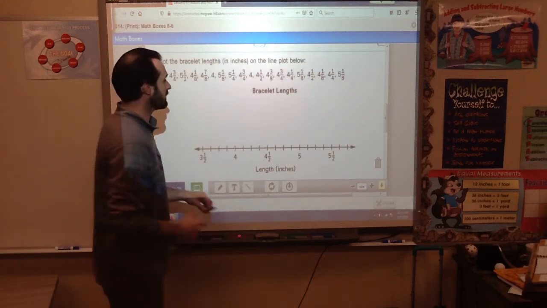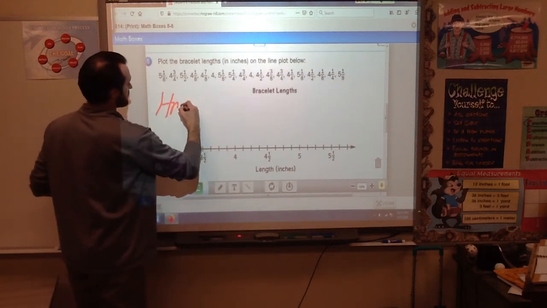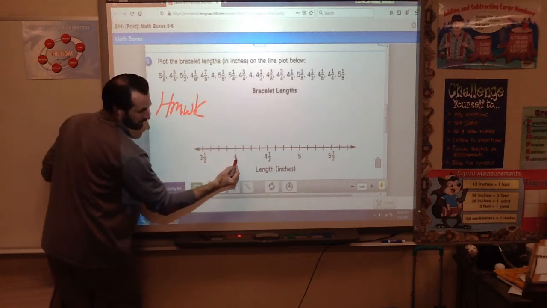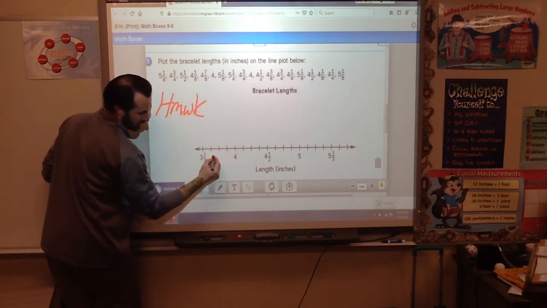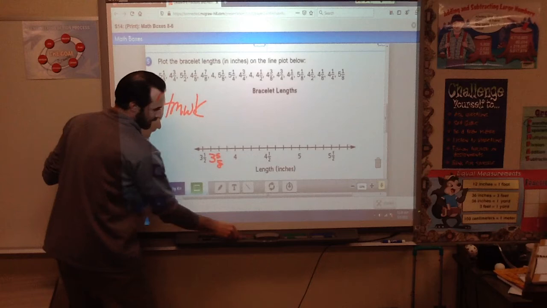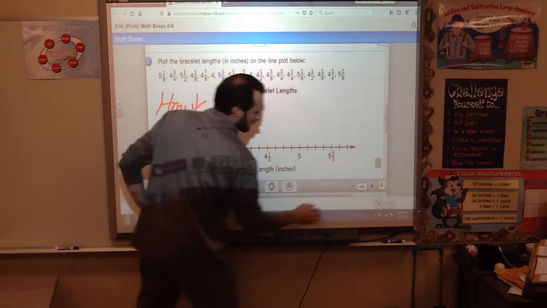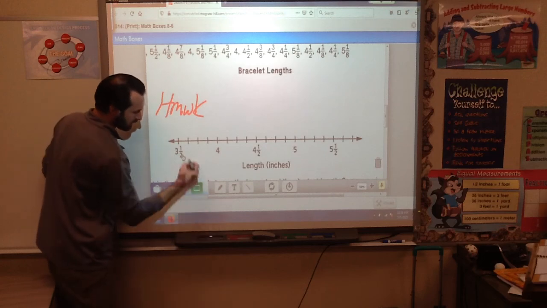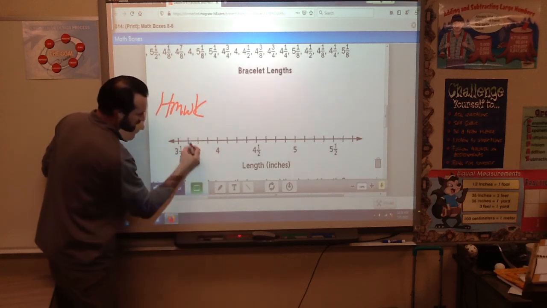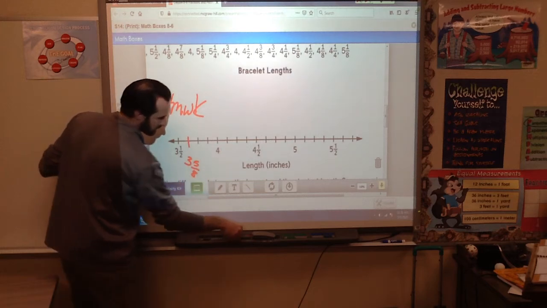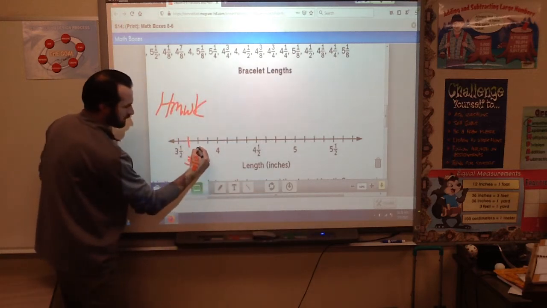This is also going to be your assignment, is making a line plot, because this is what we worked on the other day. Remember that we have eighths here. So every odd one, like this is 3 and 5 eighths right here. I'm going to make it bigger because I can't fit them in, but I want to show you that this one is going to be your homework. This spot right here, this red one, is 3 and 5 eighths. The next one would be 3 and